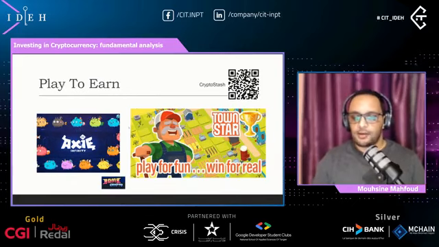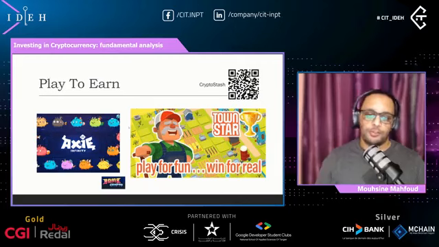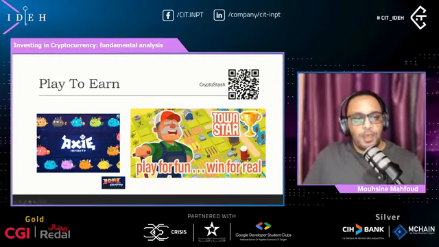Or Town Star. Those are good games that you can play. Especially Town Star, you can start for free, and it's a really hard game now since we have real money to be won and a lot of competition in there. Maybe you can try it out to gain some Town Star token or Gala token, which can be exchanged into dollars or USDT. You can try those.